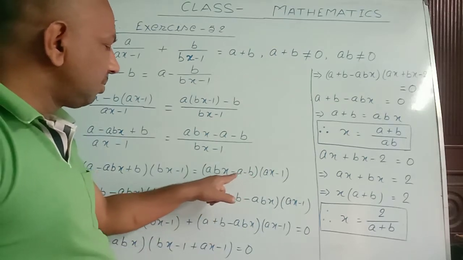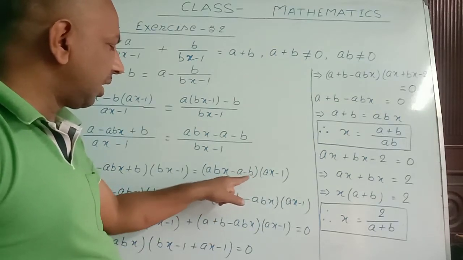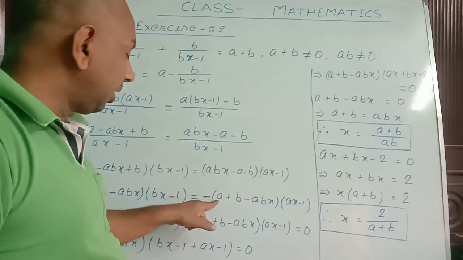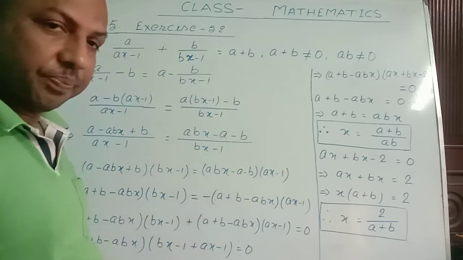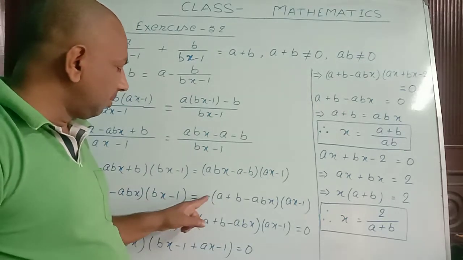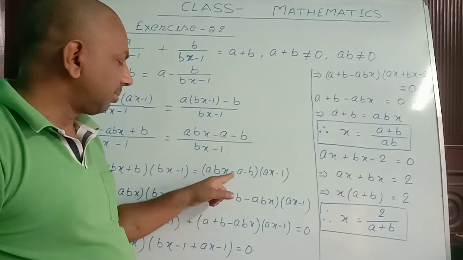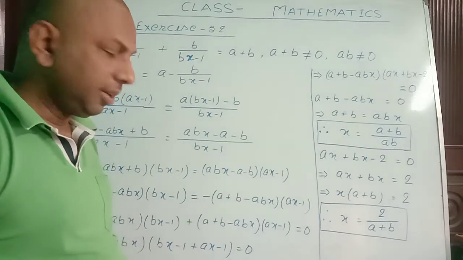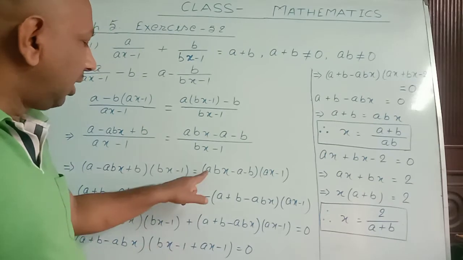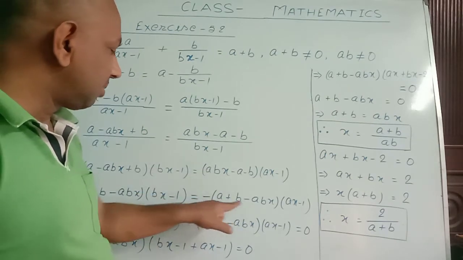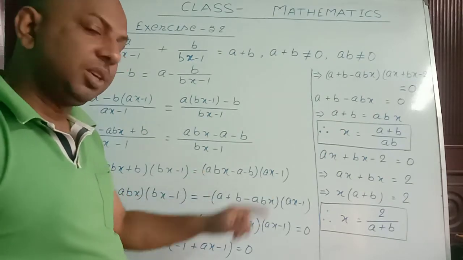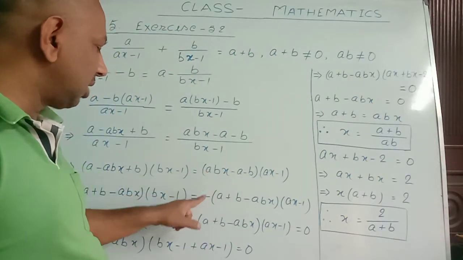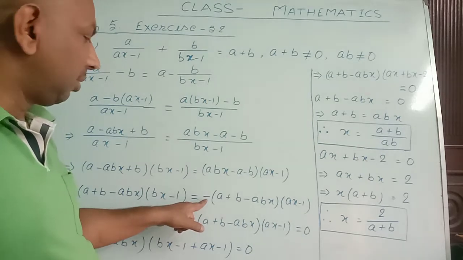write these two with a plus sign, I have taken minus common. So inside the bracket it will now be a plus b, because if you multiply these two signs you get back minus a. These two signs if you multiply you will get back minus b, and this will be written with minus because minus minus you will get here plus abx. I wrote this with the plus sign and this with the minus sign, taking minus as common.